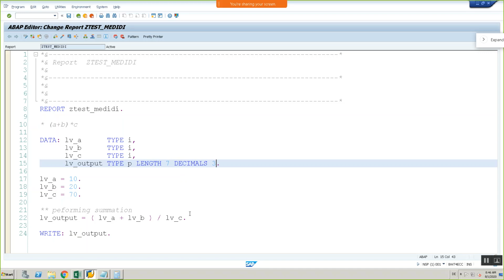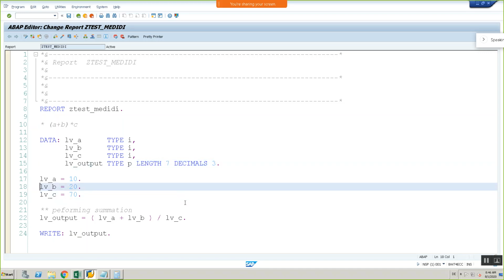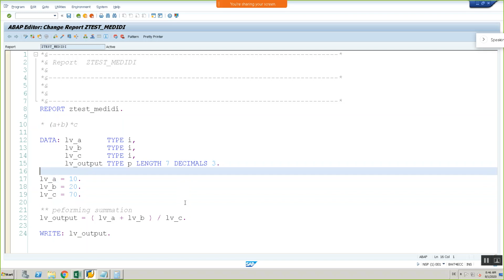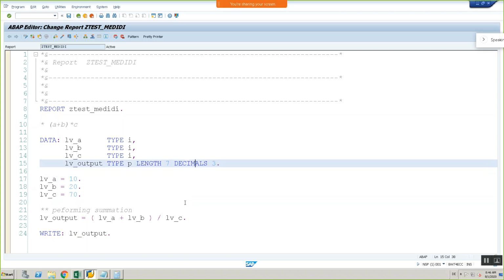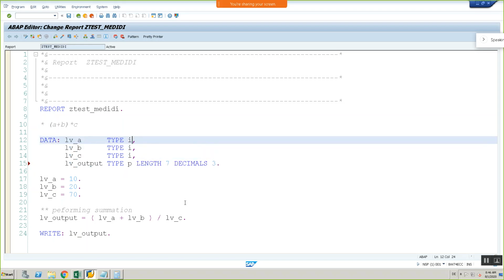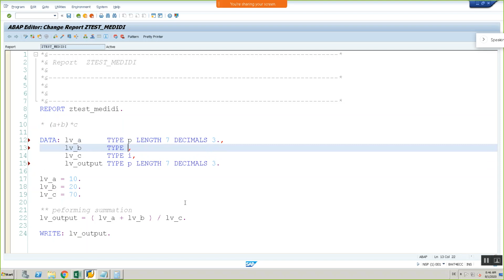This is how you define a variable of type decimal. Let's keep it like this, 7, 3 for now, and change the remaining also from I to decimal.